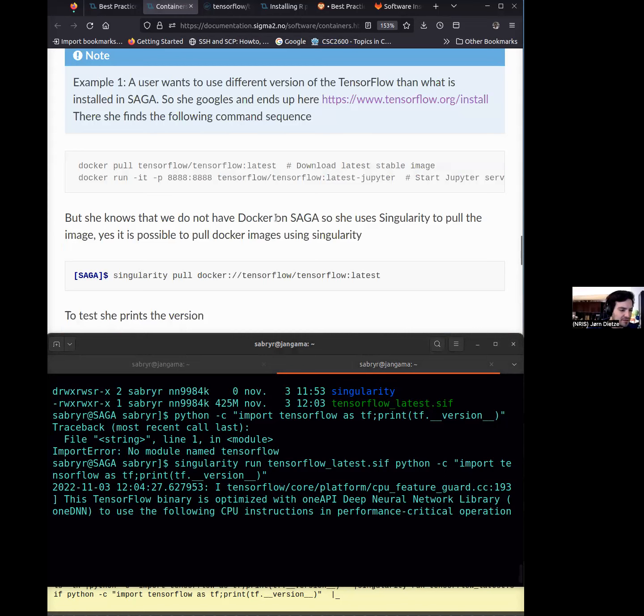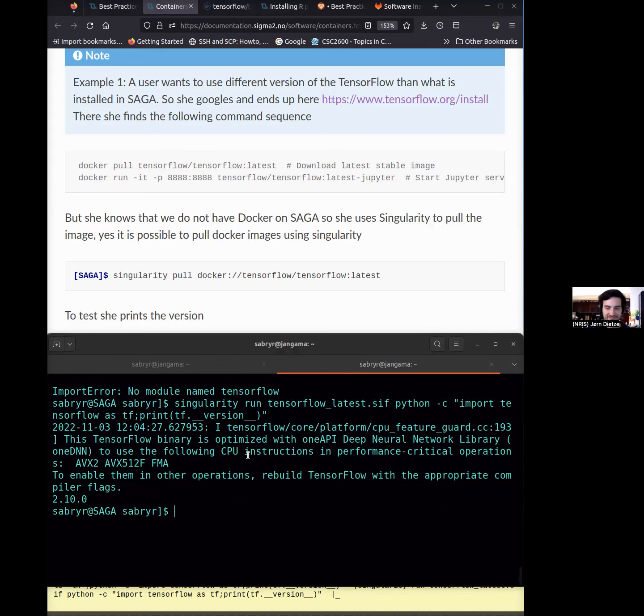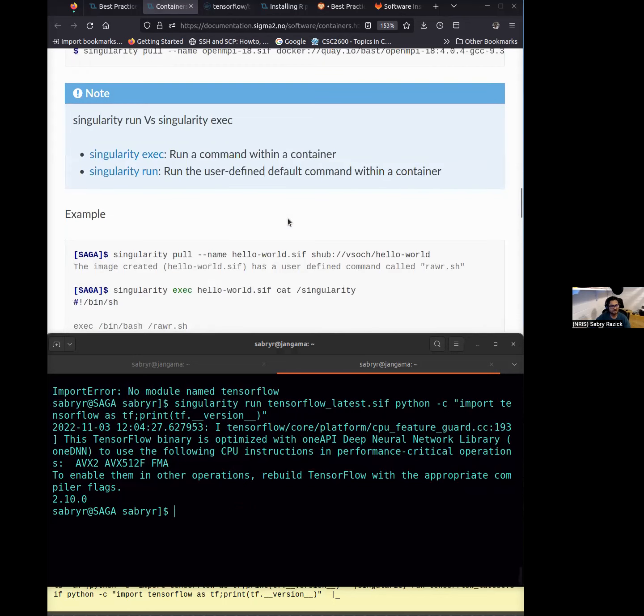Something I would mention: you downloaded this and it was saved as TensorFlow latest, which is not a great name. I mean, latest means it's the newest version available, but this doesn't specify which version. Of course, you can go into the container and check it out, but it might be better to give it the actual version number as the name. Yes, that is the importance of specifying a name. When you download it, you can specify a name, so it will use that name instead. Also, you can rename it.